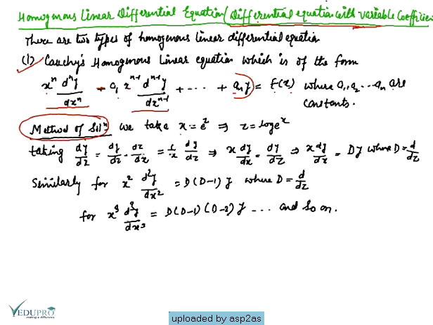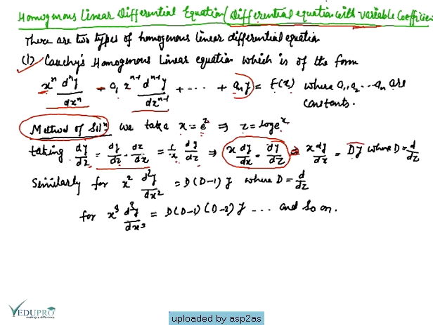So here we take x as e to the power z. In place of x we will take e to the power z, which implies z is equal to log x. dy/dx is equal to dy/dz into dz/dx, where dz/dx is 1 upon x. So from here we can find dz/dx, which is equal to 1 upon x. So this is further x dy/dx is equal to dy/dz, which implies x dy/dx